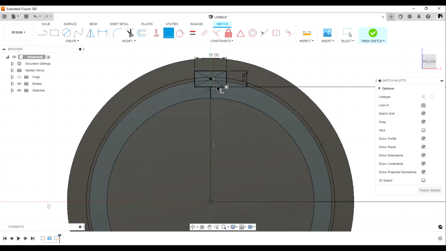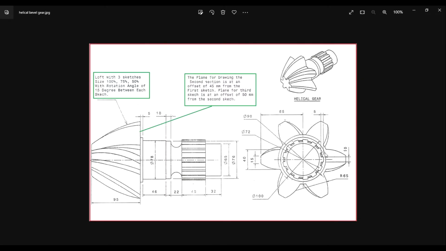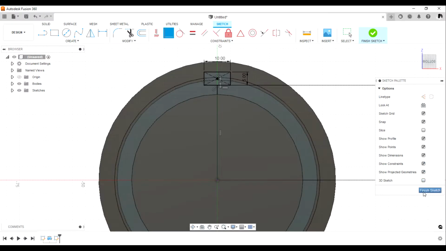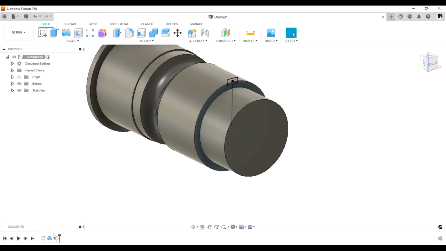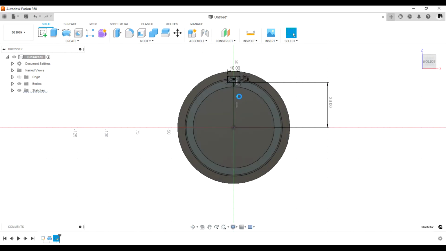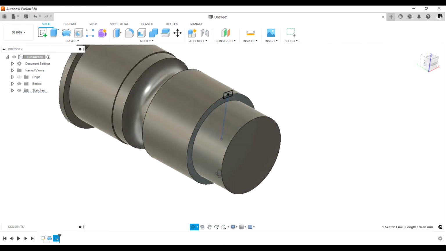Once that is done, we can go ahead and extrude it, but we forgot to make this line a construction line. It's always good to define every sketch so that you don't leave them floating. So that looks okay. We can go ahead and select this profile and